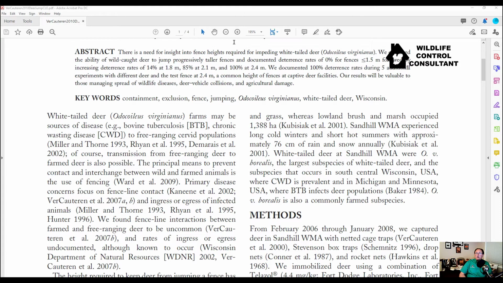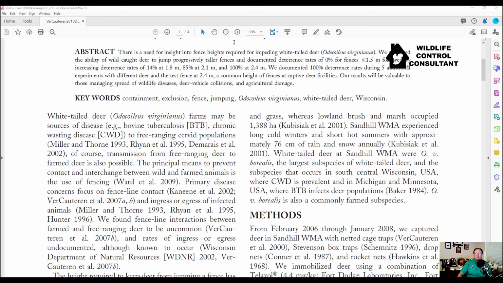The next section of the journal article, we start getting into the text itself. We start with the introduction. The introduction doesn't say introduction, but that's the introduction. First few paragraphs. The introduction situates what the study research is all about. In other words, it's going to tell you why this particular research question is important, and it will then compare what they're doing with what's happened historically. Have other researchers dealt with this question about how high deer can jump? Why is this researcher doing this project?